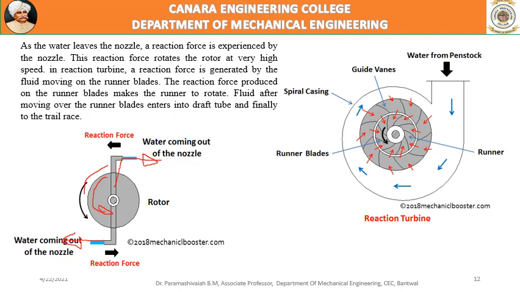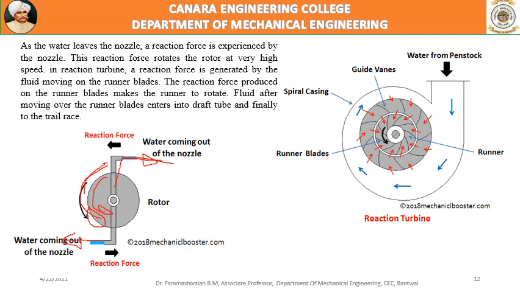This is how a water sprinkler, which is used in gardens for agriculture and all that, works. It's very similar to that. When the high velocity jet of water leaves, the reactive force is generated and pushes this wheel to rotate in this direction. So all the reaction turbines work based on this reactive force. That's why they are called reaction turbines.